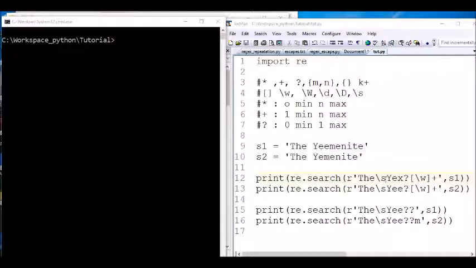Then I said Y, it's okay. Then I say E, it's okay. It exists. Then I say X and the question mark. That means if you don't find X, it doesn't matter. Just ignore it. So if we ignore it, it doesn't fail.